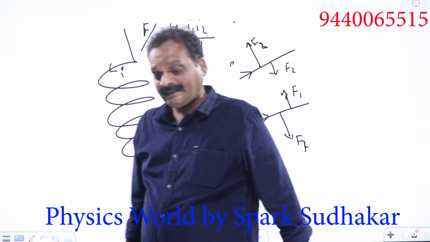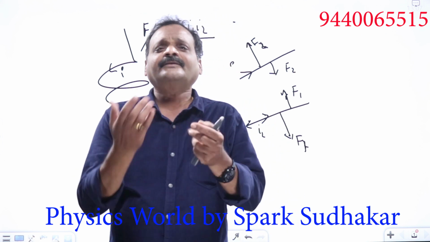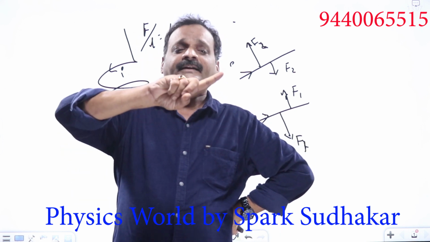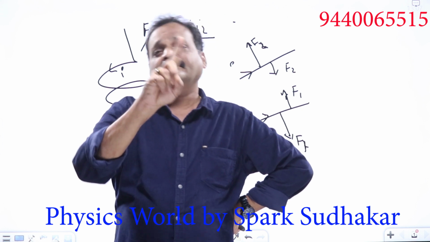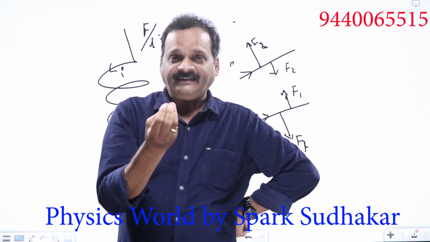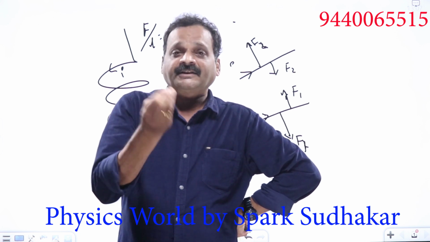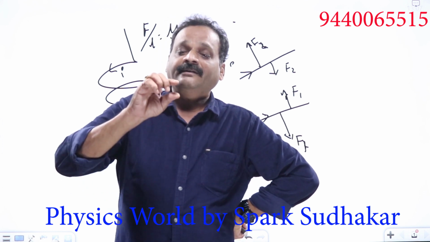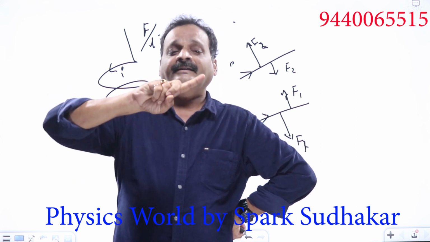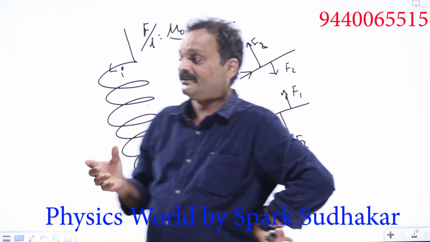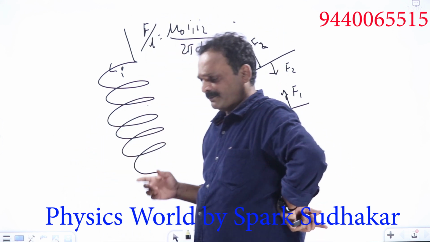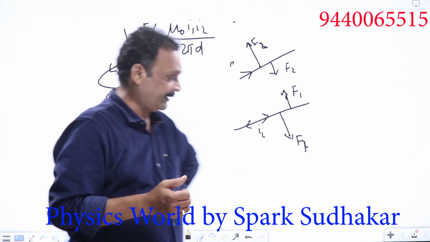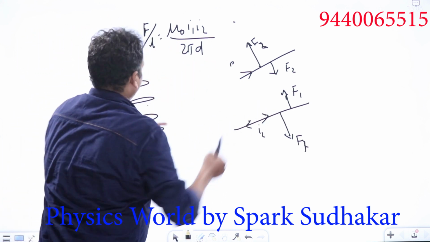This has important applications in many ammeters, voltmeters, etc. Whenever I'm sending 2 amperes of current, what is an ammeter supposed to do? The needle should show me 2 amperes or 3 amperes or like that. There will be some springs inside, made of phosphor bronze, special materials where the temperature effect on resistance will be extremely small. Depending on the contraction or extension of the spring, the needle will be rotating like this. The concept used is the current between two parallel wires. It has many applications. As we see some problems, things will become clearer. Now suppose the two currents are equal, as in the case where the same current